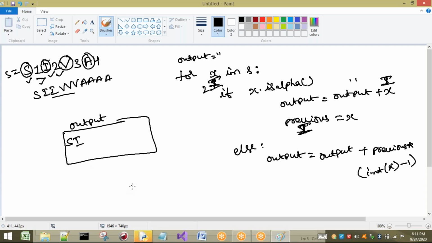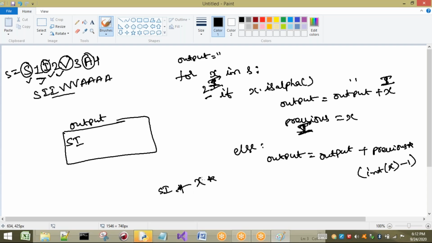What is the output here? si. Output is si plus previous into. What is the previous value we are having?